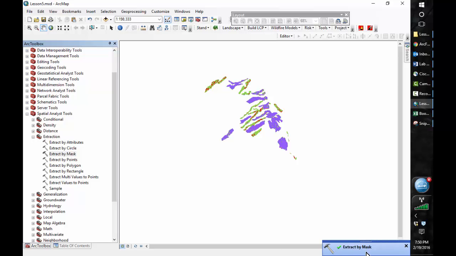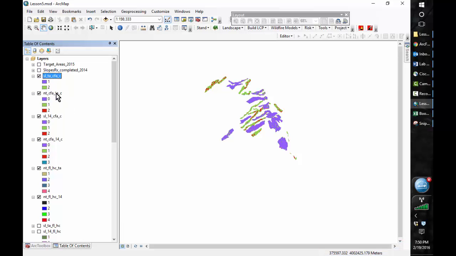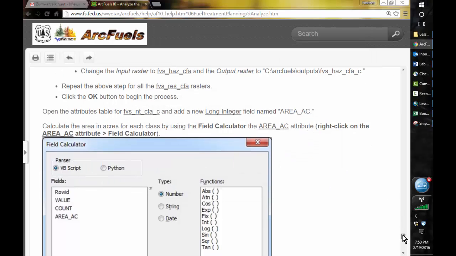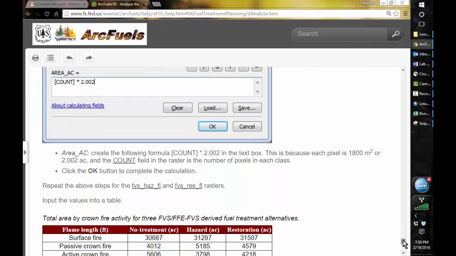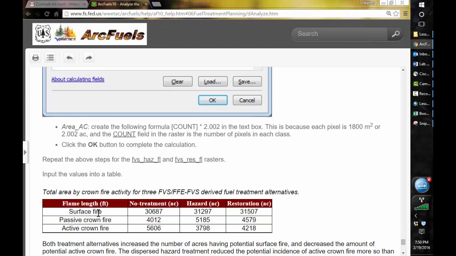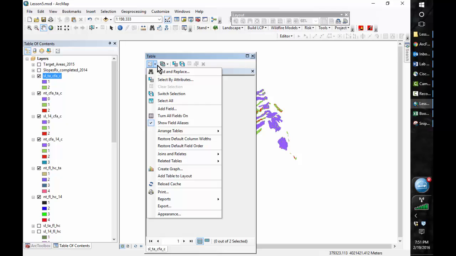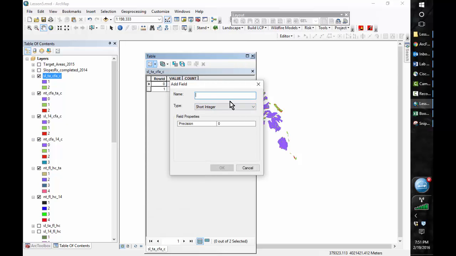So our extract by mask was complete. And we'll go to our table of contents. So now we have 1, 2, 3, 4 new files there. And so just going to the ArcFuels tutorial, you can see that we're going to again make a column in each of those for area. And then we will create a table. And so there's 3 classes: surface fire, passive crown fire, and active crown fire. And fill in the number of pixels in each of those categories in each of our treatment types. So right click, open attribute, add field,